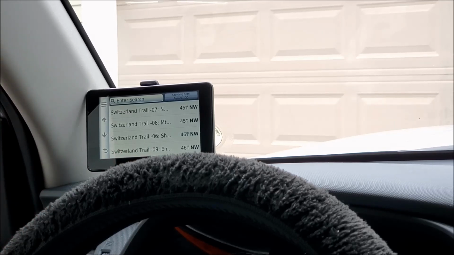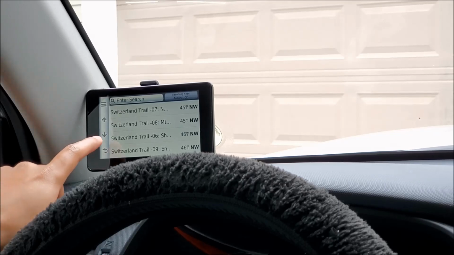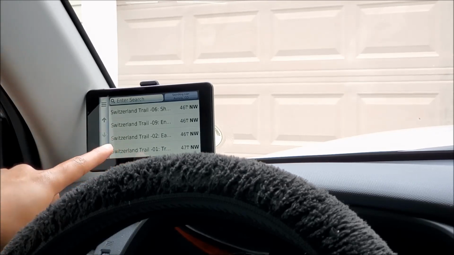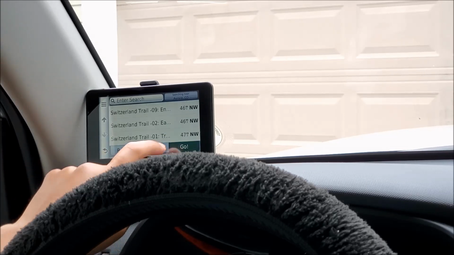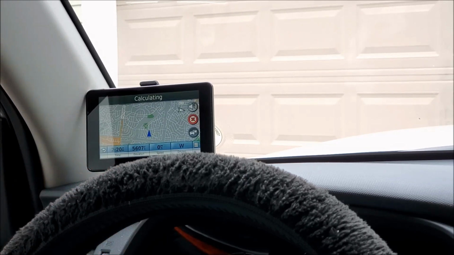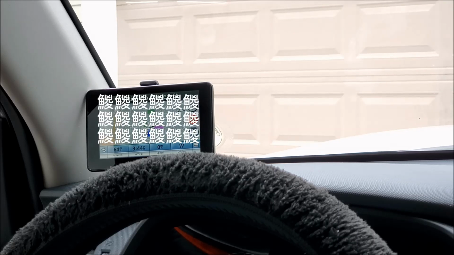If you just want to go to the start of it, you can go to waypoint number 1, click and start navigating. If you want multiple waypoints in your trip, you can create a new trip and add all these waypoints. For me, I'm going to just hit the start of the trail and hit navigation. Please drive to highlighted route.